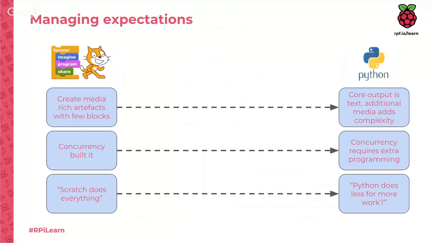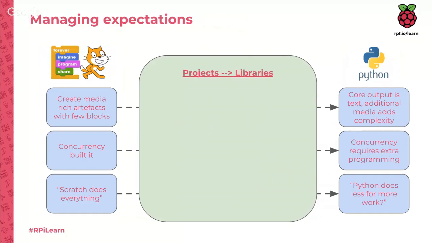I think there's one answer that I would really recommend people think about, and one way of managing some of these expectations is actually having to say to the students, look, we are learning something that is more challenging. It is going to be a bit of a challenge. We are going to have to take a step backwards, but also there are ways of enriching that experience through projects, and projects using libraries that pre-exist to help you bridge this gap.